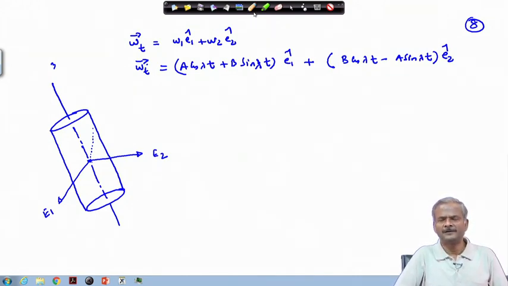As a problem later on, I will take the case of a top, or you can consider that to be a gyroscope, where the external torque is present. In that case, how does the equation of motion change and what are the consequences? We will stop here today and continue in the next lecture.